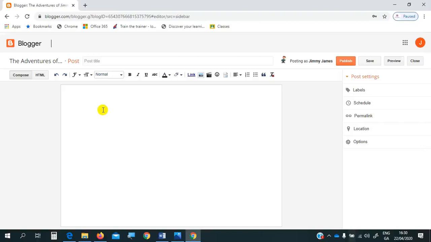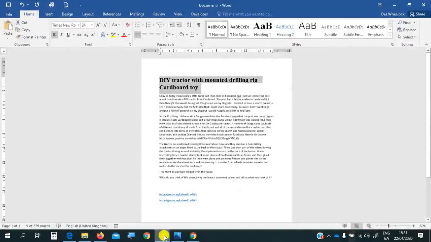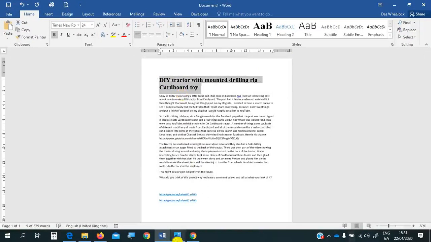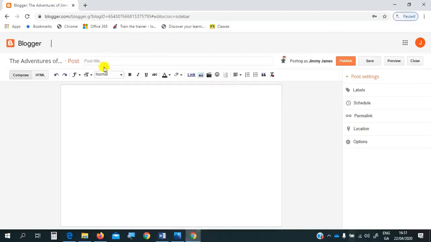So the first thing we're going to do is I'm going to take the title from our word processing document and place it as our post title. So we come down to Word, that's the one I'm using. I'll highlight the text that I want. I will right click, and sometimes it doesn't work for me. Right click and copy. We go back over to Chrome,